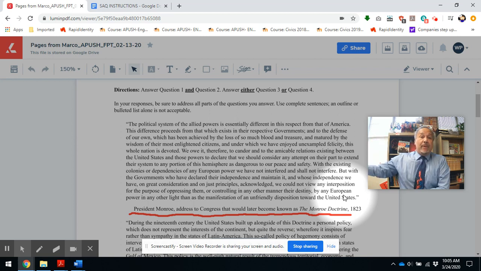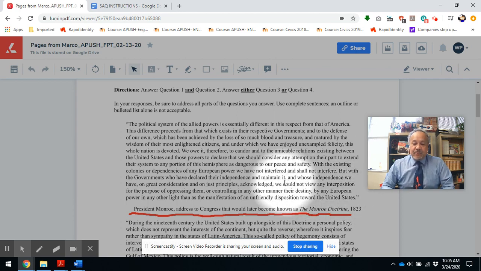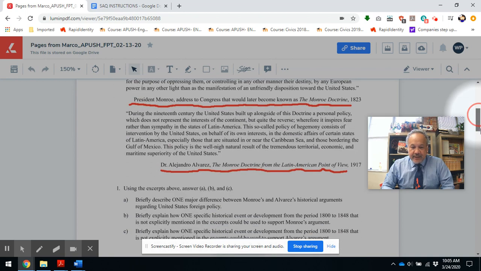We're going to leave Europe alone. We're not going to interfere with Europe. That's what Monroe and really his Secretary of State, John Quincy Adams, who basically wrote this in a way, kind of a genius guy as far as coming up with this, will set as precedent. All right, let's see what the second document says here.